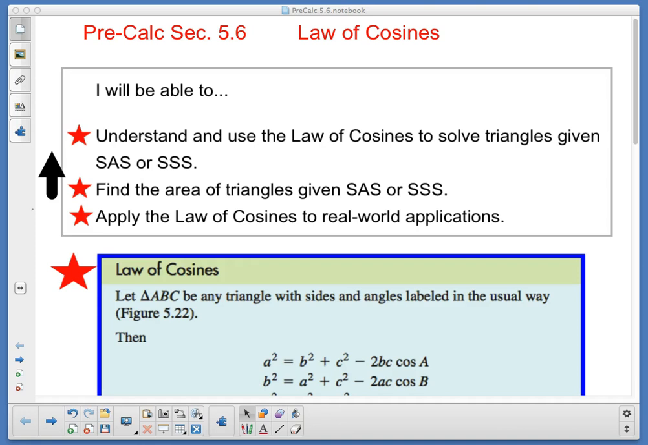Today's law of cosines. We've done law of sines. Law of sines has kind of an issue when we're working with it, because when we're talking about the arc sine,